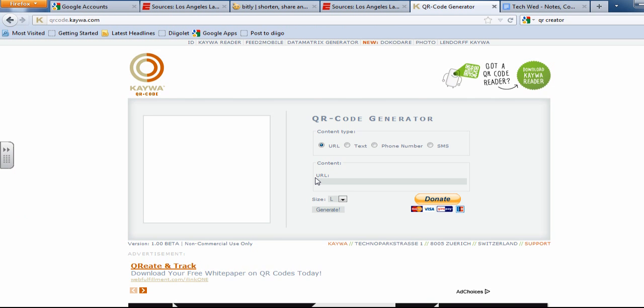So here we go. Here's our QR code generator. And I'm going to go ahead and use that exact same URL that I have copied still. So if we go down here and delete this URL out of here, and we choose paste, I'm sorry, we don't want to do that one. Let's just go ahead and I'll stick with my website. So let's do schoolandtech.com. I'll go ahead and make this extra large so we can always make